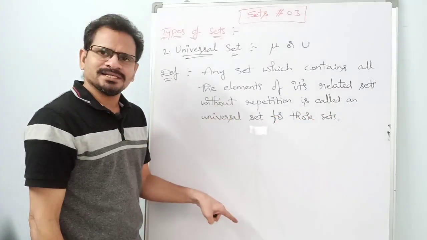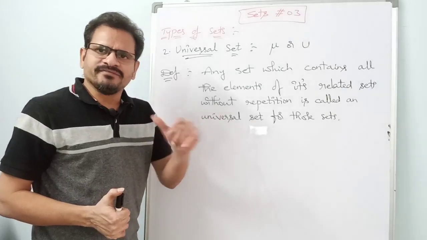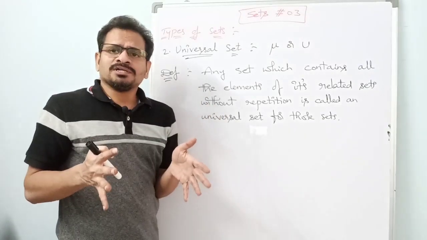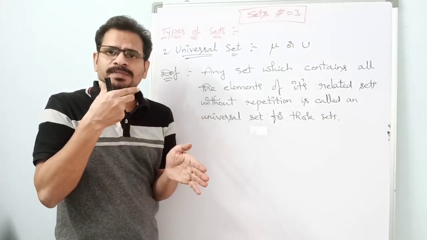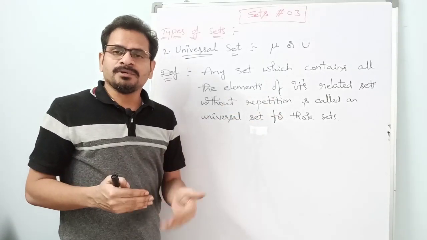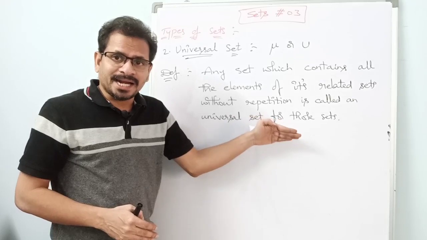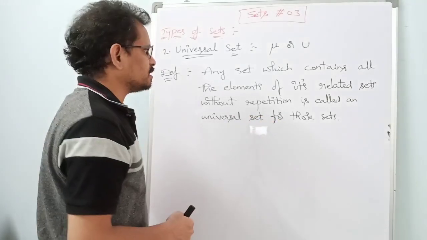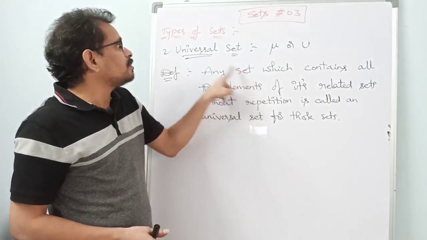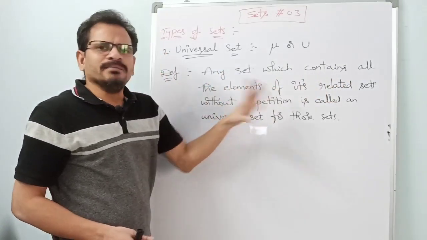Any problem understanding this definition? If there is any problem understanding any definition, just break it into parts and we can easily understand it. We cannot digest a big cake, so what do we do? We cut the cake into pieces, we consume one piece, later another piece, later another piece, like that. While understanding definitions also, we may not be able to understand it all at once. So the technique is to break it into fragments and understand it fragment by fragment. Okay, see here. Yes, any set. What is any set here? We are talking about universal set, no? Yes, that is any set which contains all the elements.